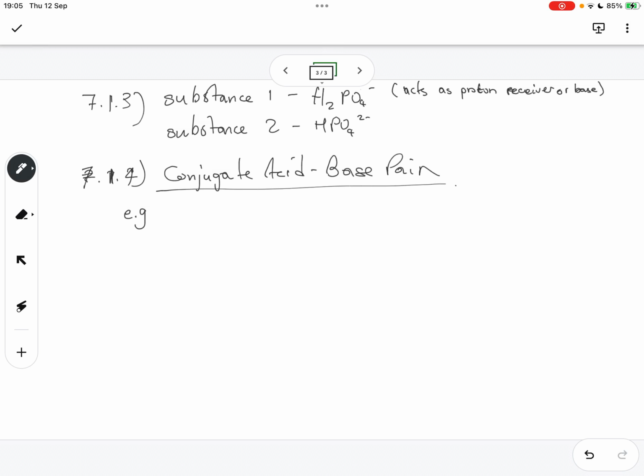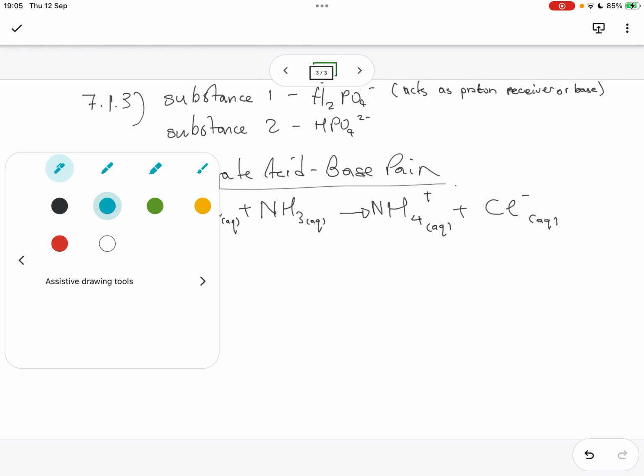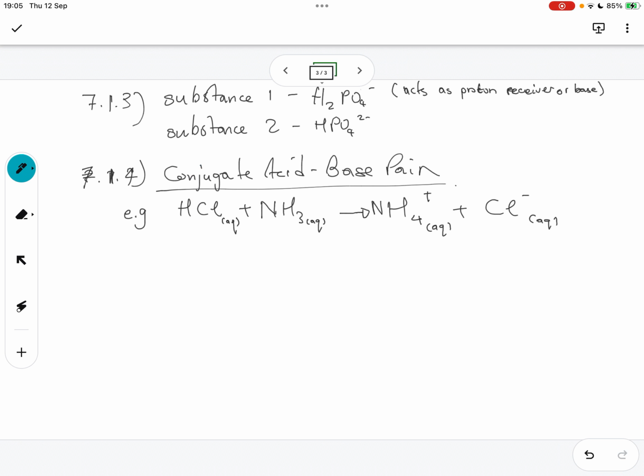So if we look at the reaction between hydrochloric acid and ammonia, and these are in aqueous form, this gives us NH4 plus and chloride ion. So our acid,